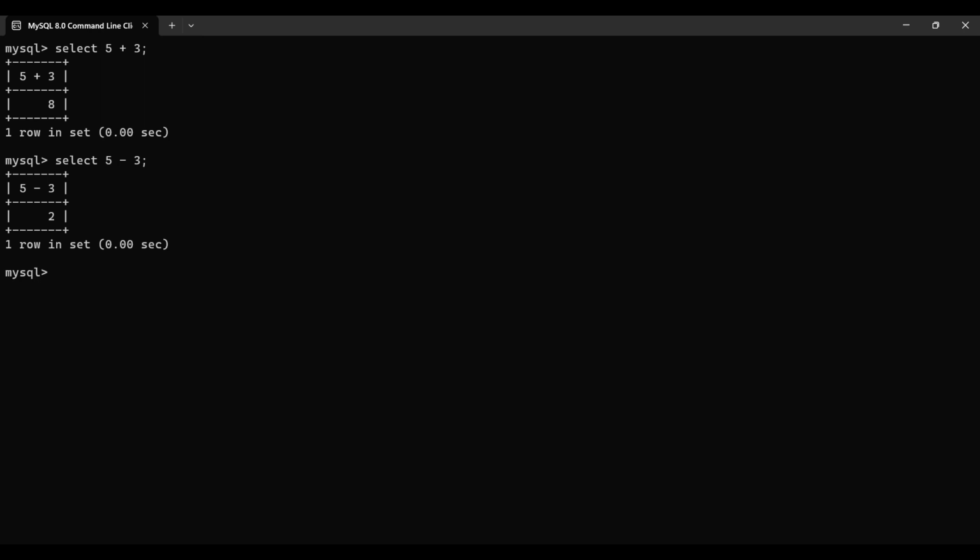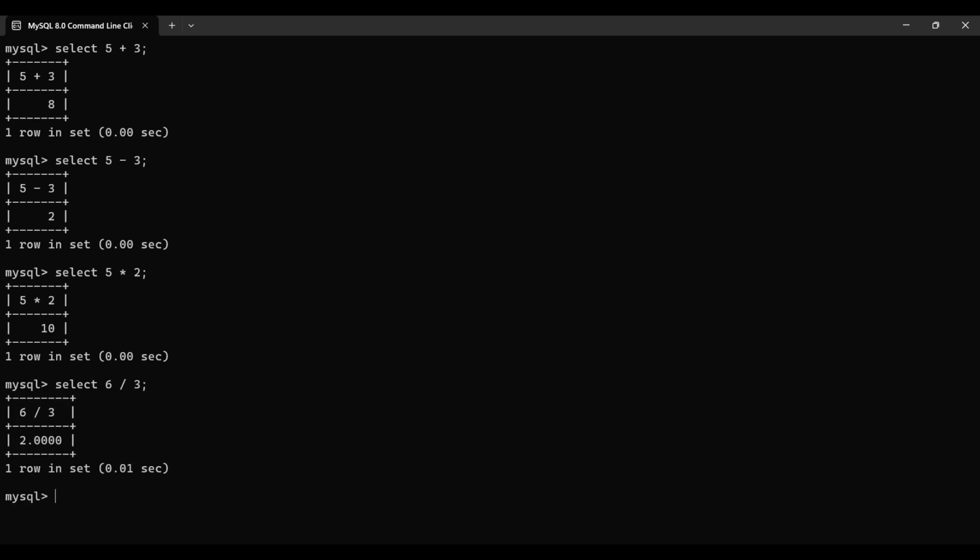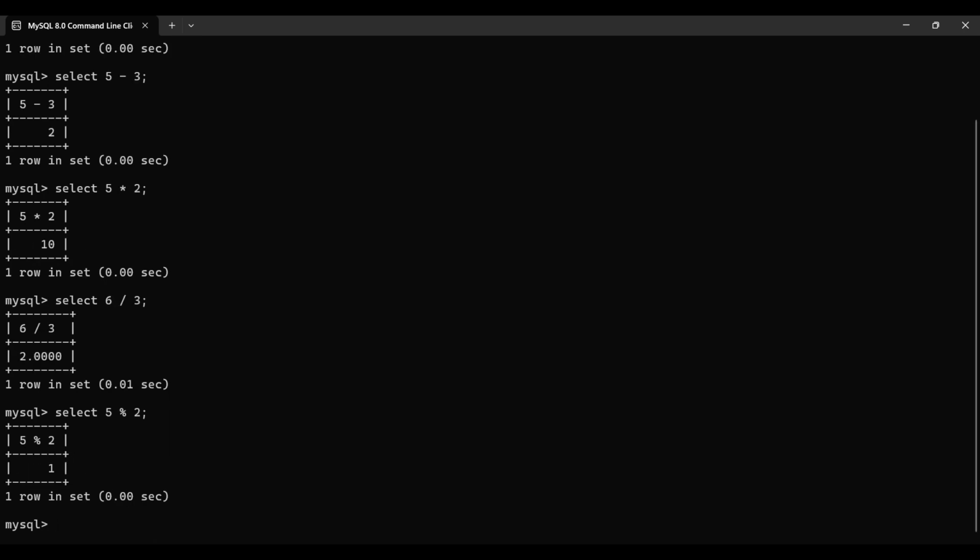This is the subtraction operator. This is the multiplication operator. This is the division operator. This is the modulus operator. So these are the arithmetic operators we have in SQL. Next one is the